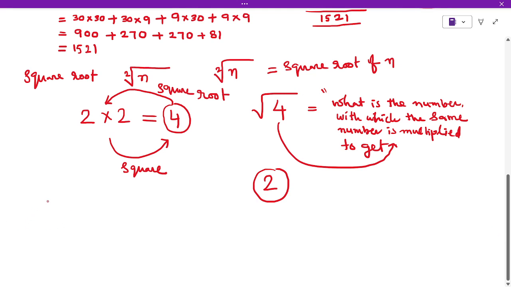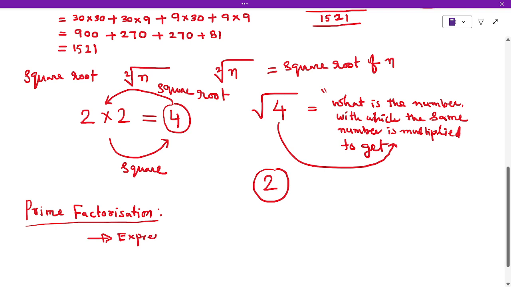There are many ways to find the square root. The most frequent and the most general way of finding the square root of any number is prime factorization. This is the method we use generally. It is also a very convenient and easy method to tell to the students so that they can understand it very clearly. It is as simple as that. The steps we follow in this method: express the given number